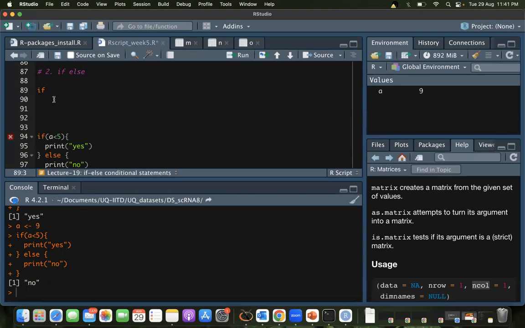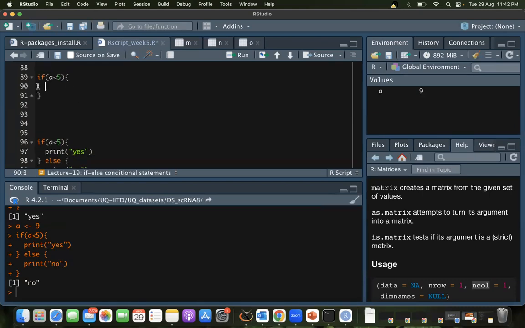So I've written if. Now you see, if is a recognized term, right? So it changes color, if you have that formatting done, otherwise not an issue. And I put a round bracket. Now in R, if you enter the first bracket, it automatically gives you the closing bracket. But if it doesn't, you always write it yourself. So here I'll write A less than 5. That's okay. I come next to it, and on the same line, with or without a space, that's your choice, you need to write the curly bracket. This is important, same line. And you can continue on the same line also, but it's slightly clearer if I press enter.